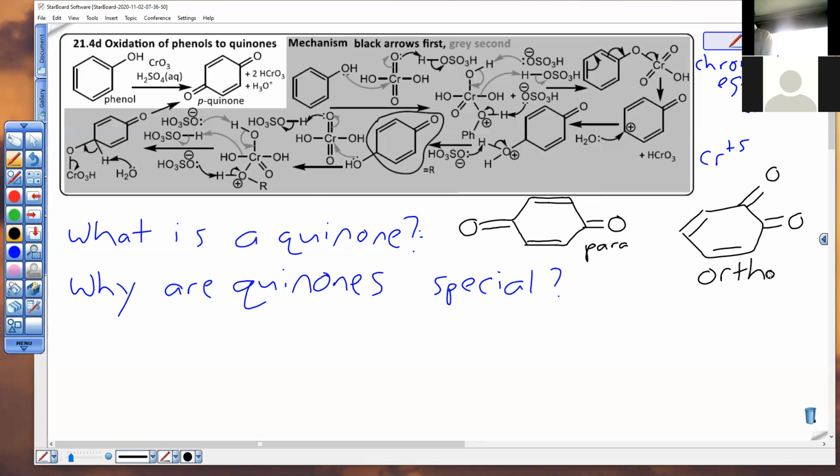Well, quinones are stable in that they have two carbonyls. Carbonyls, pretty strong pi bonds. But they're also unstable because they lost their aromaticity. The benzene can't go around in a circle just to resonate outside the circle. It's not aromaticity when you're resonating outside the circle. That's just normal old resonance. So they've lost their aromaticity and they're still fairly stable. I guess that's why they're special. Even though they've lost their aromaticity,